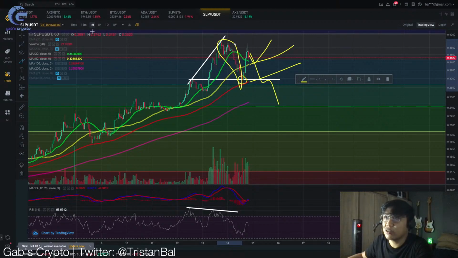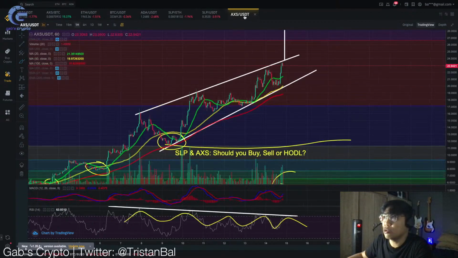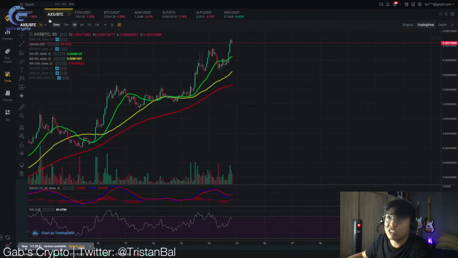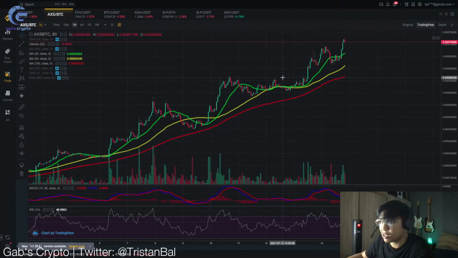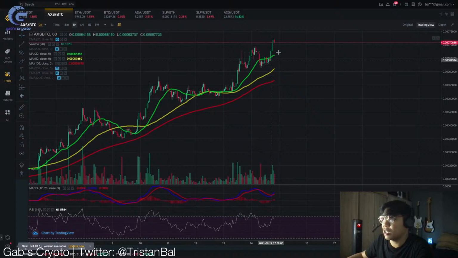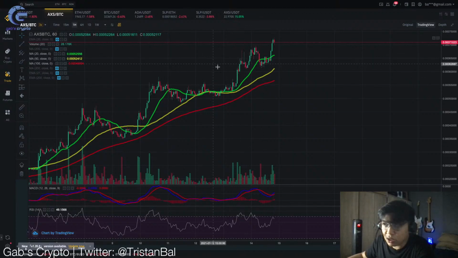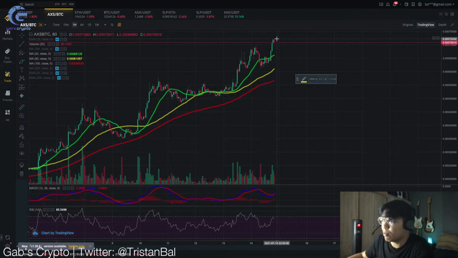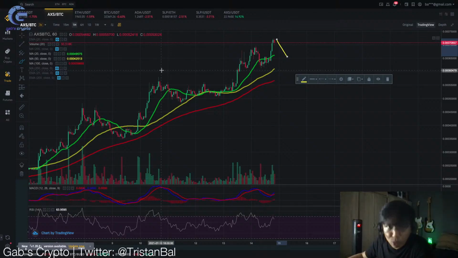You could actually check, kasi di ba meron tayong Axie Infinity token versus the US dollar. Ngayon, ang kailangan nyo i-check is yung Axie Infinity token versus Bitcoin. This would tell you kung kailan tataas yung price. So, if pataas yung price action natin, this would tell you na Axie Infinity will pump higher than Bitcoin. Pero if pababa to, it will tell you na Axie Infinity will dump lower than Bitcoin.